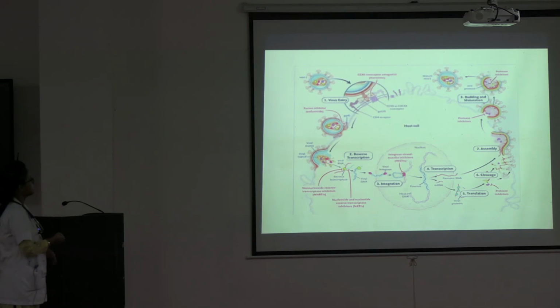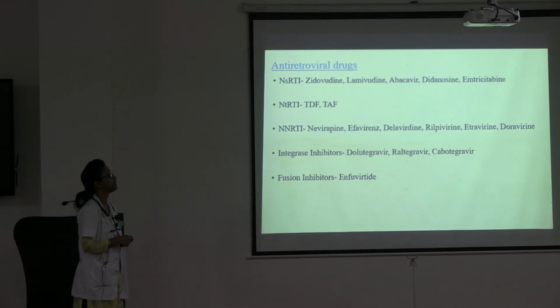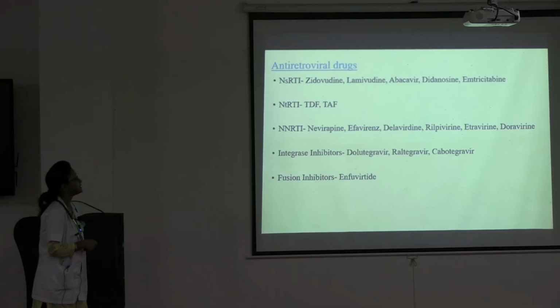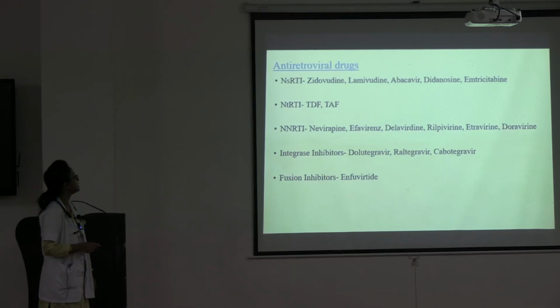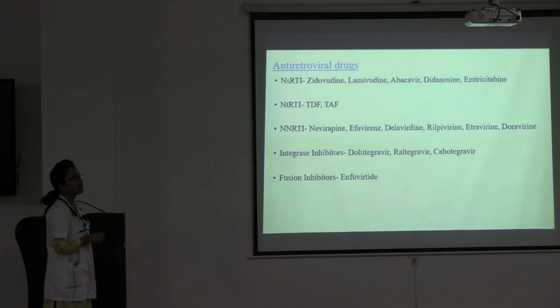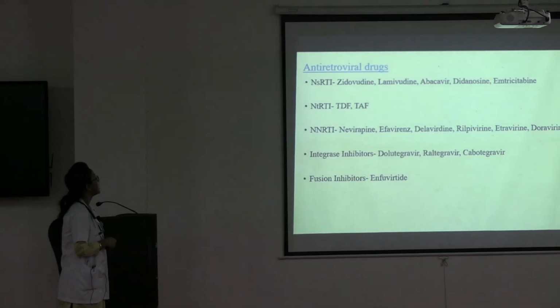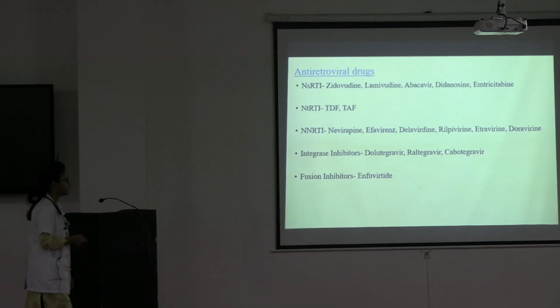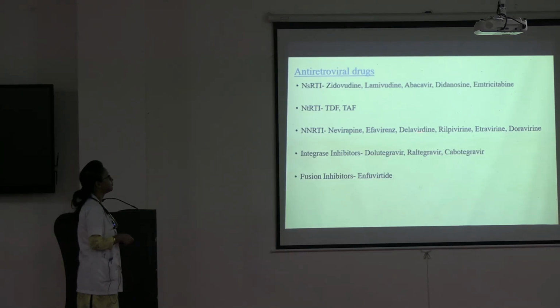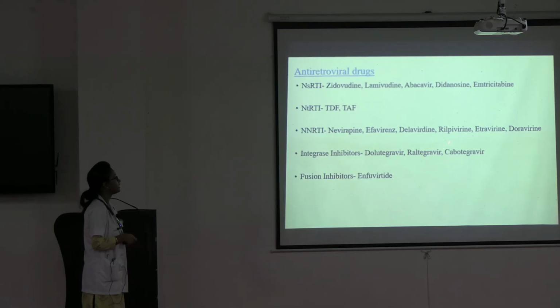Okay. Next, these are the names of the antiretroviral drugs. One is the nucleoside reverse transcriptase inhibitor like zidovudine, lamivudine, abacavir, didanosine. Then the nucleotide reverse transcriptase inhibitors like tenofovir. Then non-nucleoside reverse transcriptase inhibitors like nevirapine, efavirenz, then doravirine. And integrase inhibitors like dolutegravir, raltegravir, cabotegravir. Cabotegravir is newly